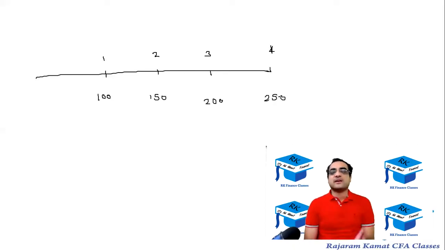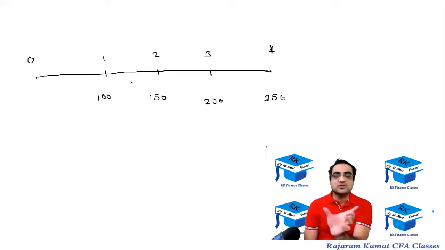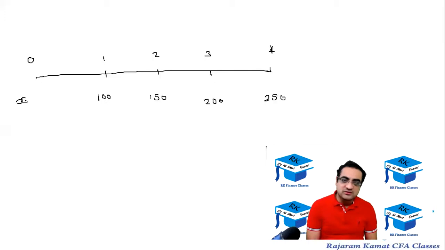This is the requirement, and the question is, in year 0, how much should you deposit so that this cash flow is properly available to your son or daughter who is getting educated? What is the amount that should be put over here so that these cash flows could be properly taken care of? The interest rate that the bank is offering, let's say, is 12%.